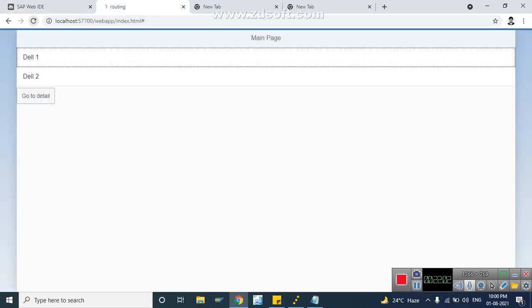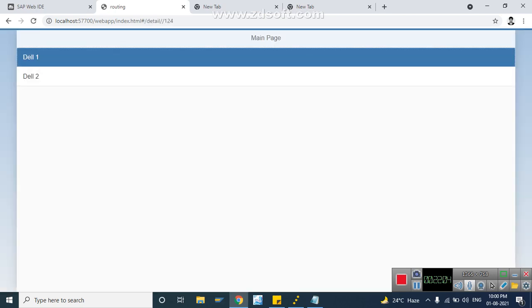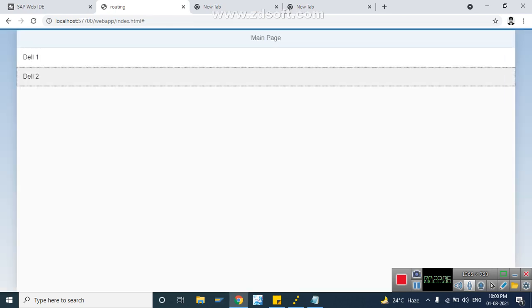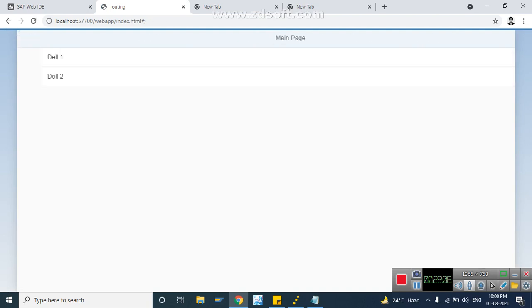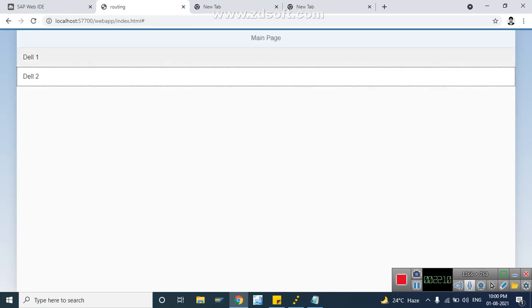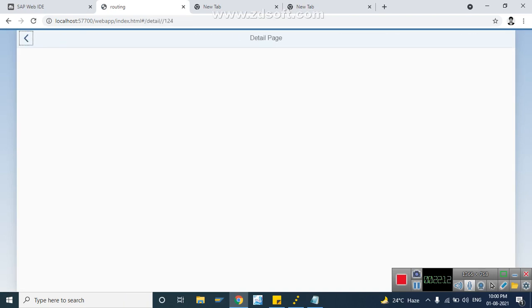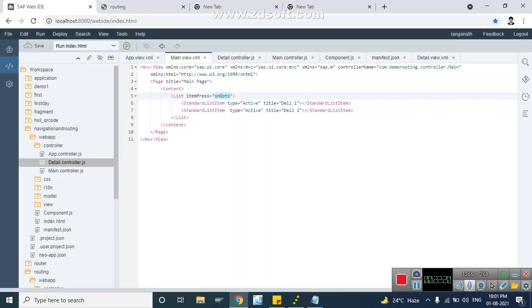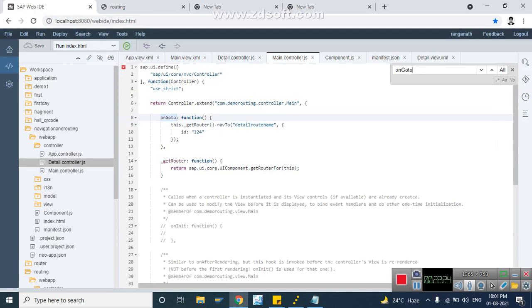Okay, so here what I want to do is, when we click del 1, then in the detail page we have to display that del 1 is pressed, and del 2 is pressed. For that we will go here.